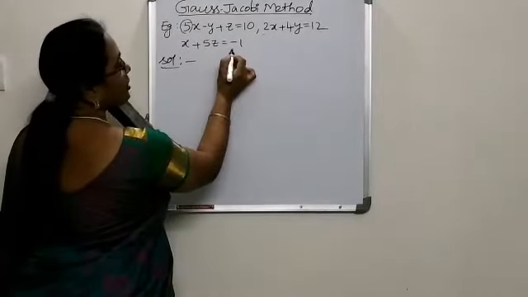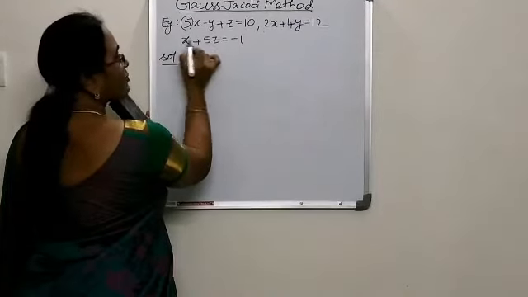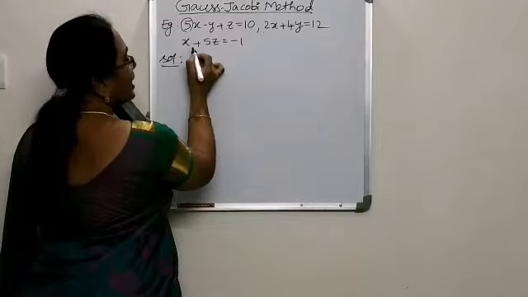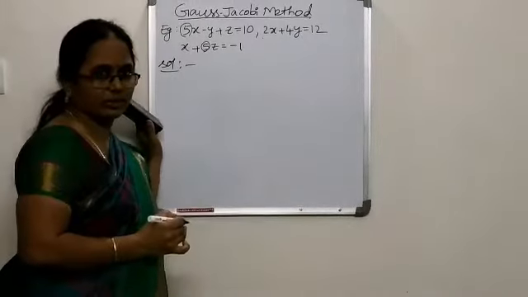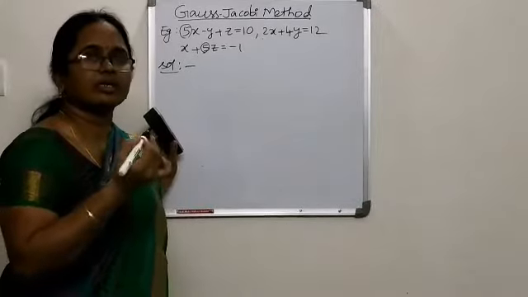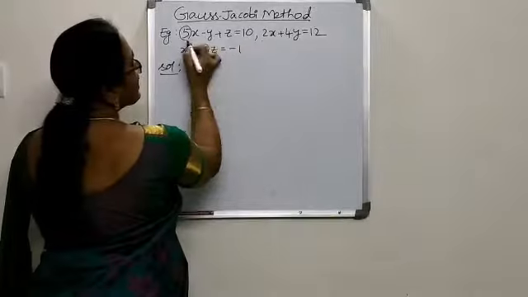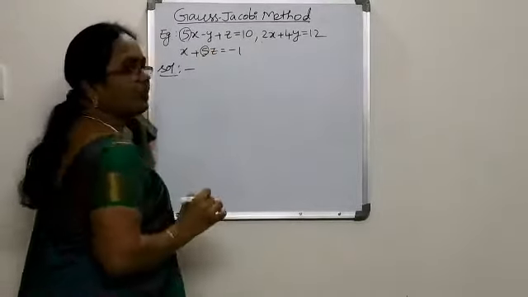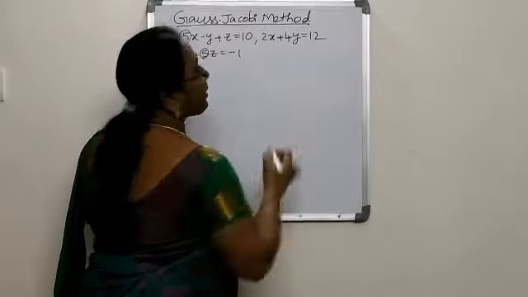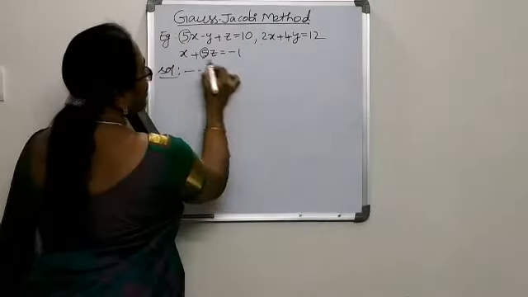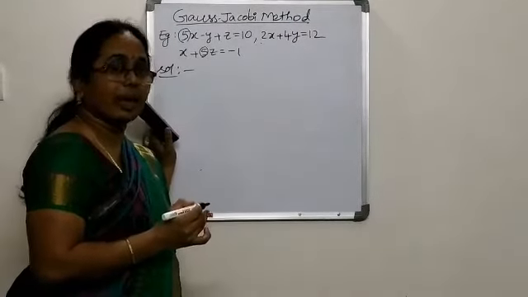Similarly, from the third equation, the coefficients are 1, 0, 5. Absolute values are also the same, and we can say the third diagonal is maximum in this third equation. So, what is the rule for the system to be diagonally dominant? In the first equation, the first diagonal should be absolutely maximum. In the second equation, the second diagonal should be absolutely maximum. In the third equation, the third diagonal should be absolutely maximum.